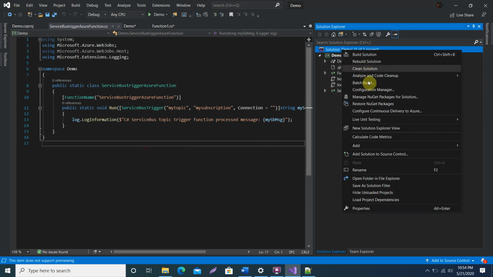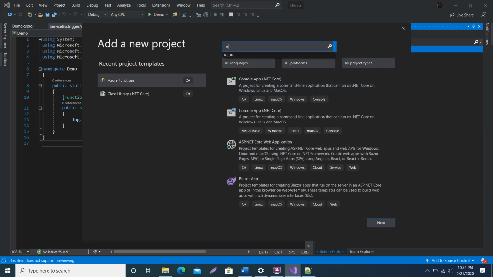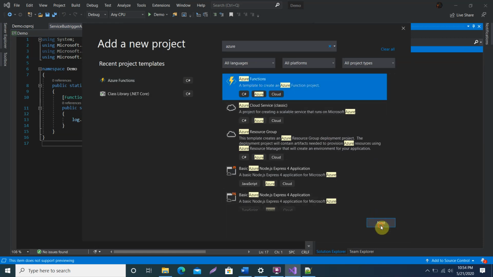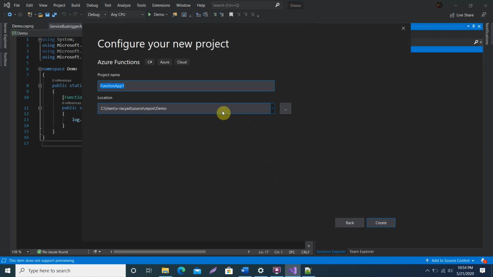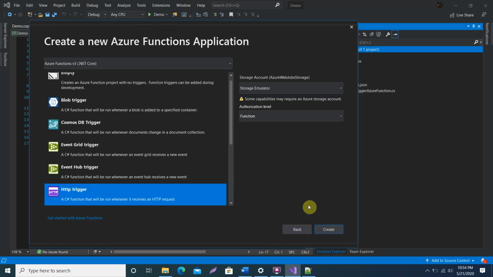I'll create another project which will be Azure Function v1 that we will try to target. Function app 2, C#, Azure cloud. So here you can see it is pointing to Azure Functions v3 .NET Core.